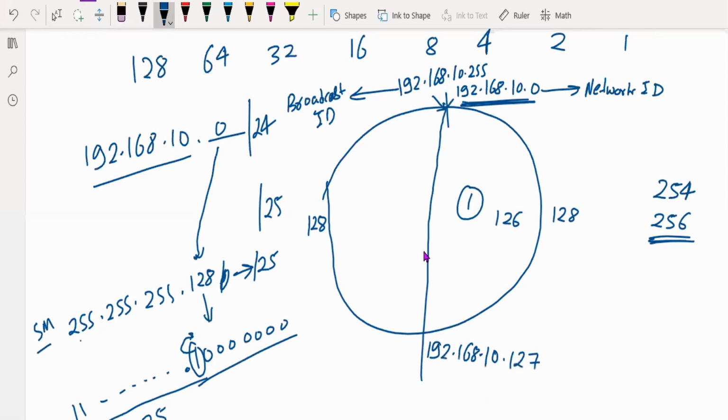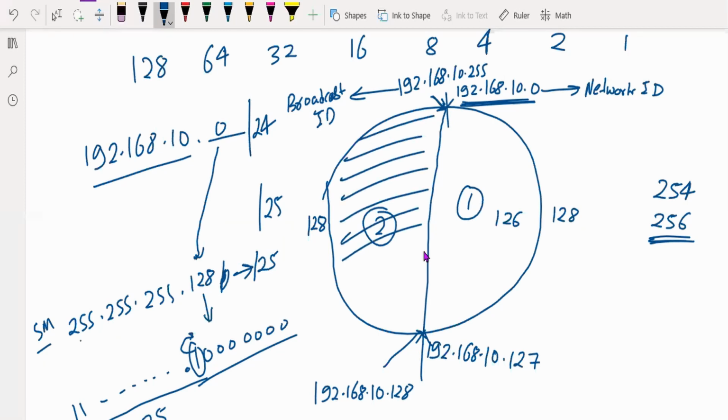For the second half, my network ID will become 192.168.10.128, and my broadcast ID will become 192.168.10.255. In this way, I am dividing my full network of 192.168.10.0 into two parts. One is this one, another one is this one.